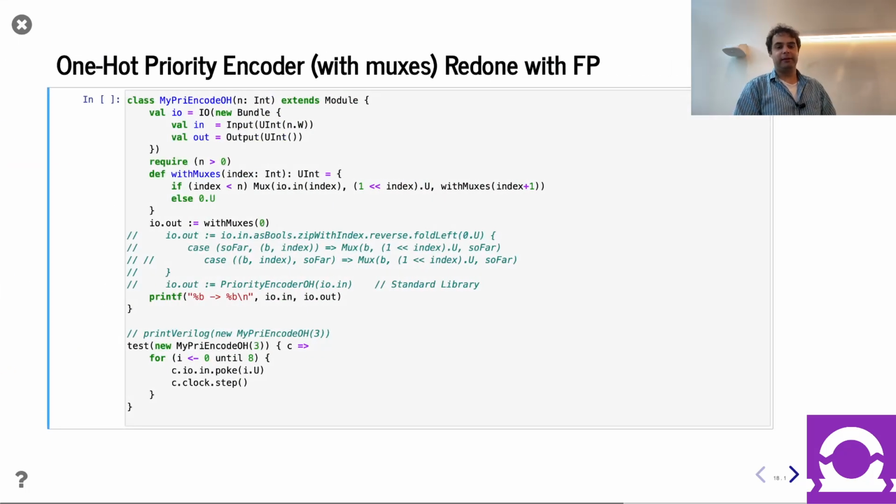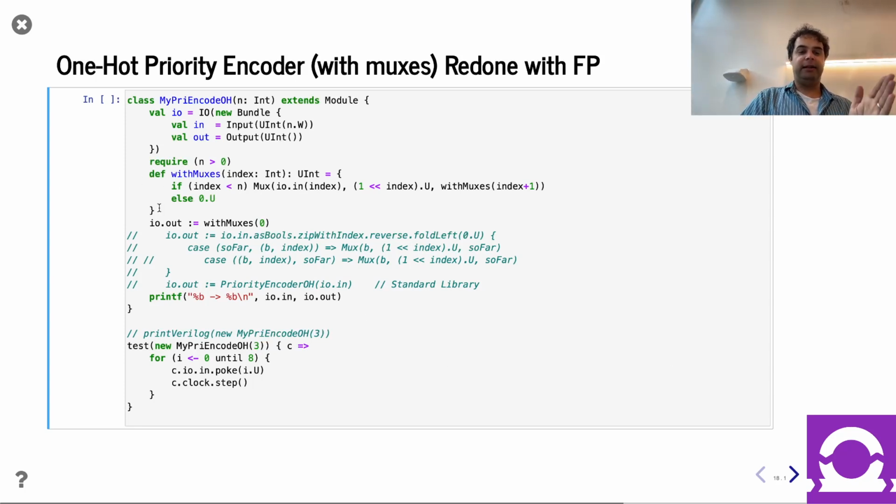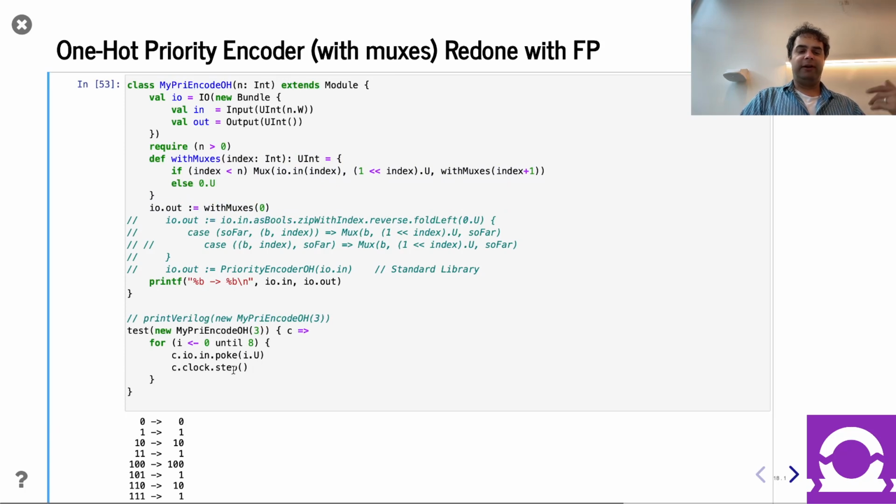Cool. Let's do some bigger stuff. So first, let's try our priority encoder. Remember, one of the ways we did it is with muxes and cascading them together. So here's a recursive function building muxes and wiring it all up. We can look at the Verilog, but remember, in the priority encoder, we're trying to find the lowest bit